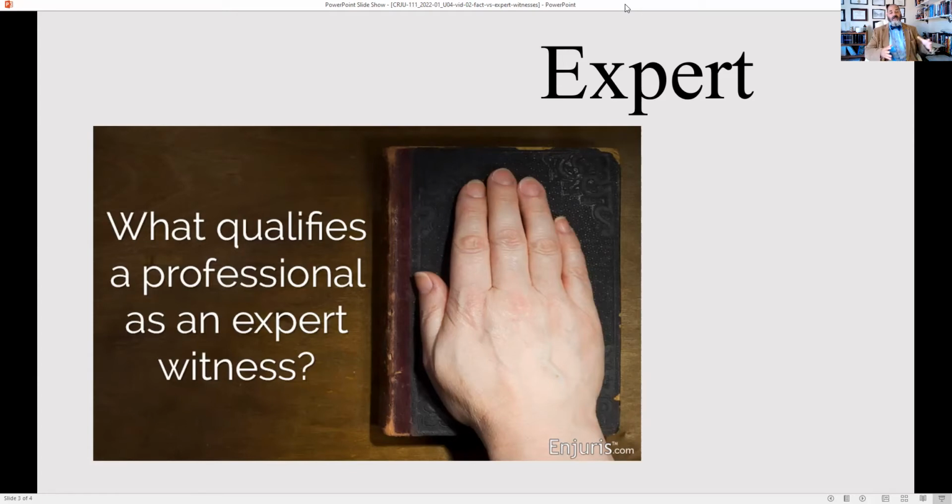I had a lot more training in sex offender specific work in this one particular case than the MD psychiatrist. The MD psychiatrist was told, you can be an expert on general mental health issues, but you cannot be an expert on sex offenders. And they needed an expert on sex offenders.